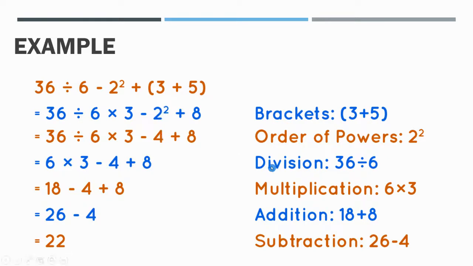Next step is D, in BODMAS, division. Here we do the division, 36 divided by 6. Now the answer is 6. All others are the same. Now the next step is multiplication. 6 multiplied by 3, 6 threes are 18. The rest are the same. Next addition, we are adding two numbers which have the same sign, that is plus 18 plus 8. So 18 plus 8 is 26. Then finally subtraction, 26 minus 4 is 22. This is how the BODMAS rule works, and this is how even your Excel works.